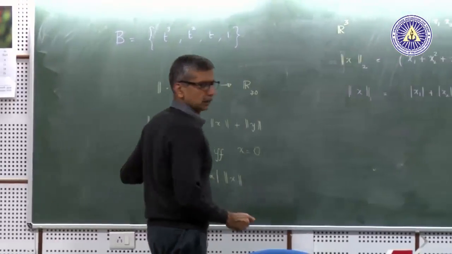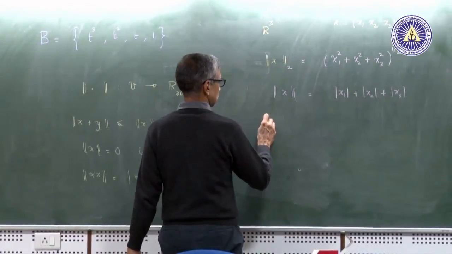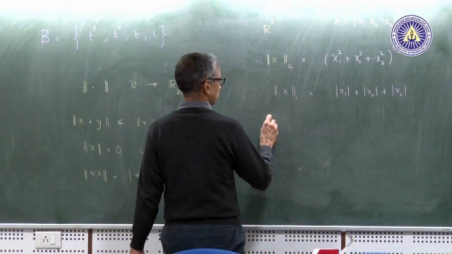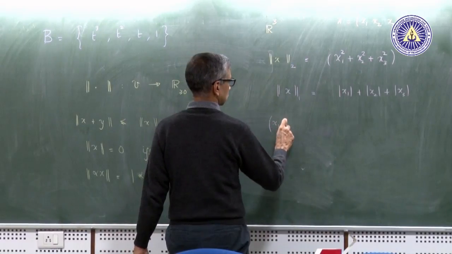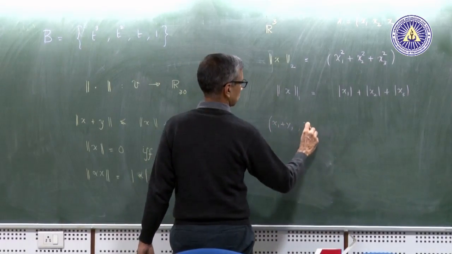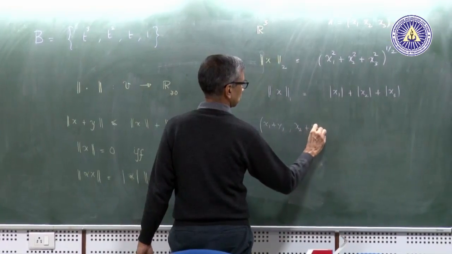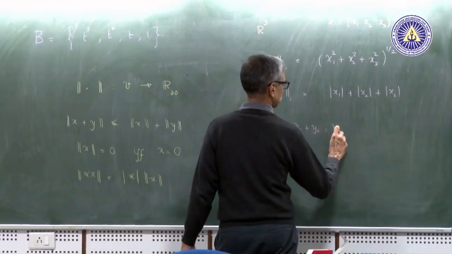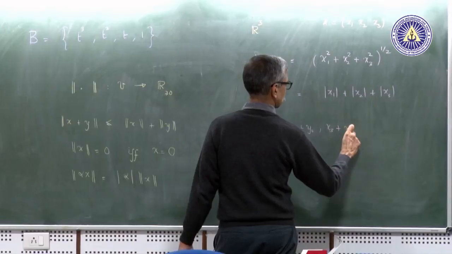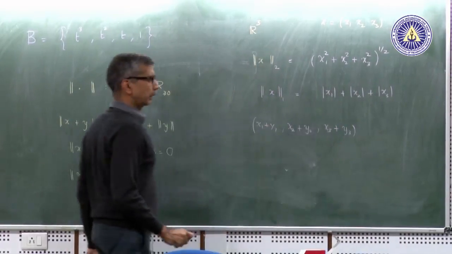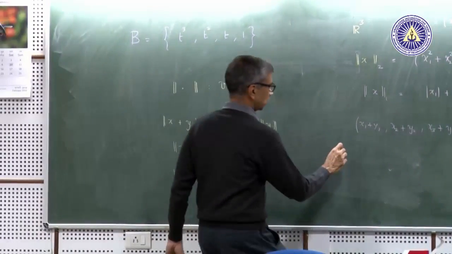If you take x plus y, what is it? So, you will have a vector like this. Right? Norm of this according to this will be